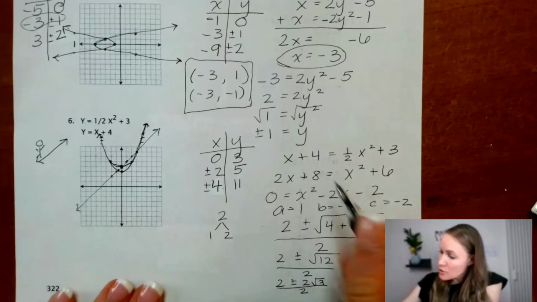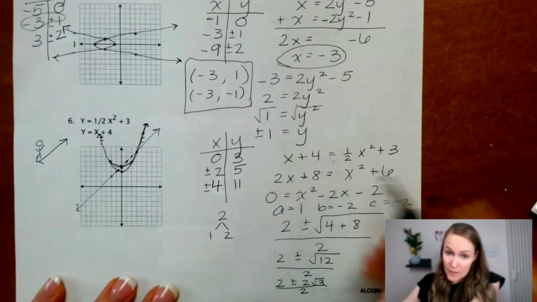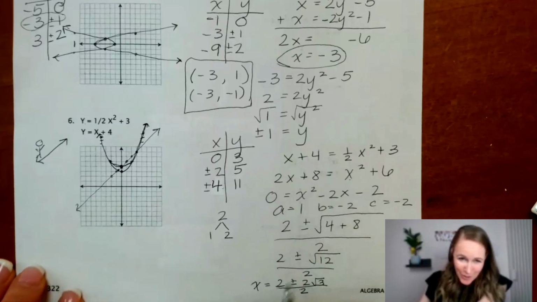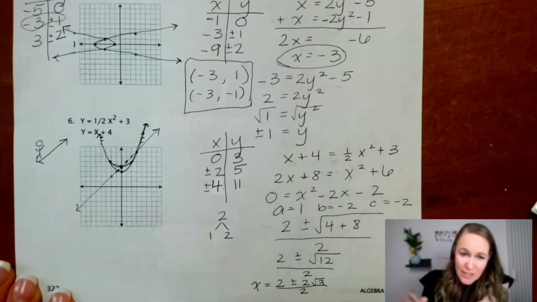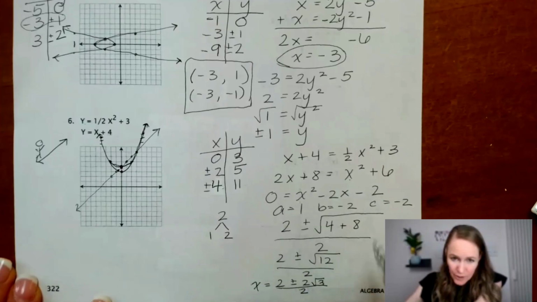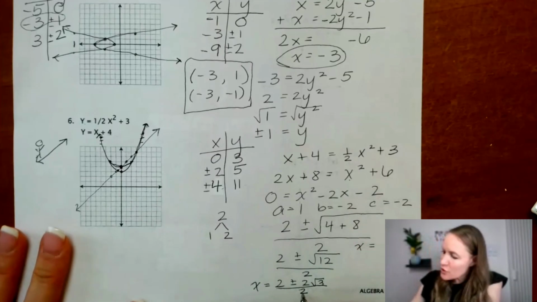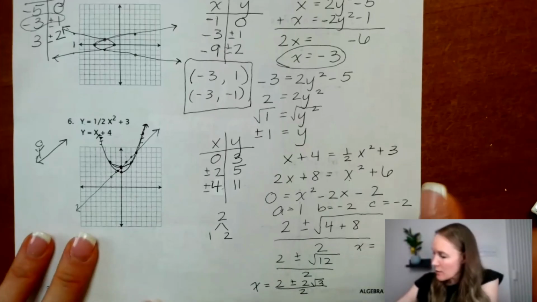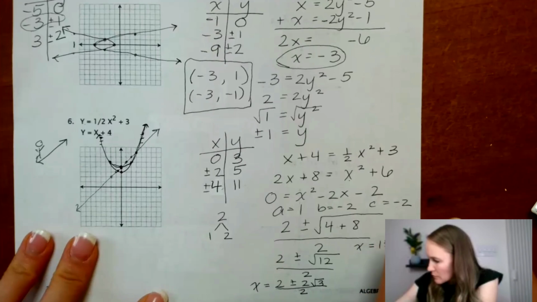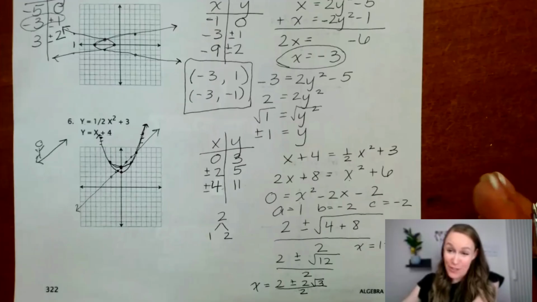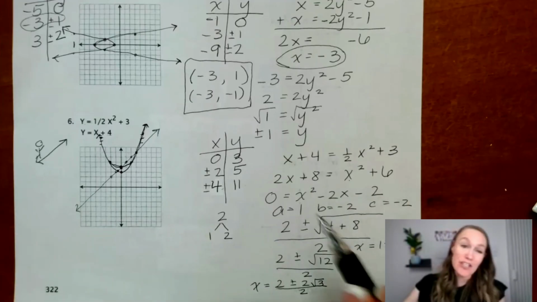So remember, we're solving for x here. So this is x equals. I'm at the bottom of my paper here, so I'm just going to write it over here. I have x equal to, I could just divide everything by 2. So I have 1 plus or minus root 3. And that would be my final answer, but I'm going to estimate it just so I can check my answers